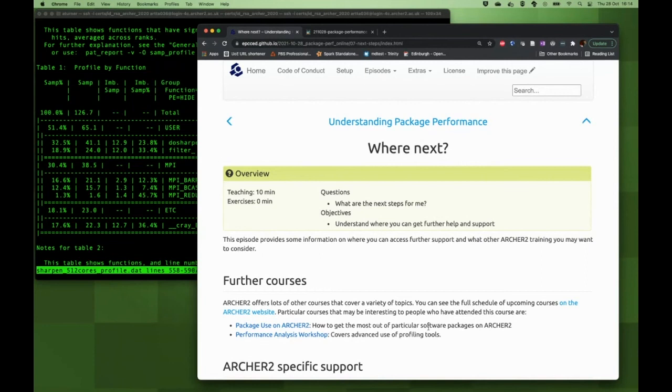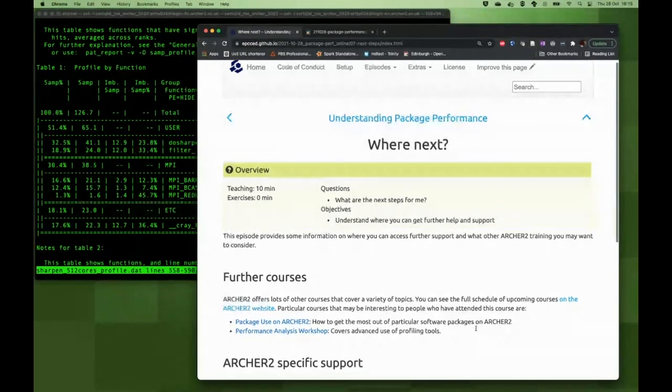So there's various courses like that, looking at specific software packages. If you're really interested in performance analysis, then we do have a performance analysis workshop. I'm not sure there's one right in the schedule right now, but they do run, I think, at least once a year, and sometimes more than that, where we can take a particular code or an application that you're interested in, a case that you're interested in, and with help of some experts, take a deeper dive into it and understand its performance and how to potentially improve its use on Archer 2